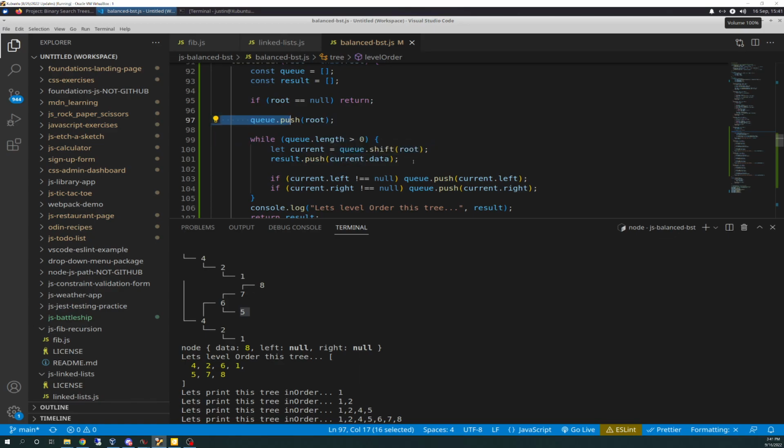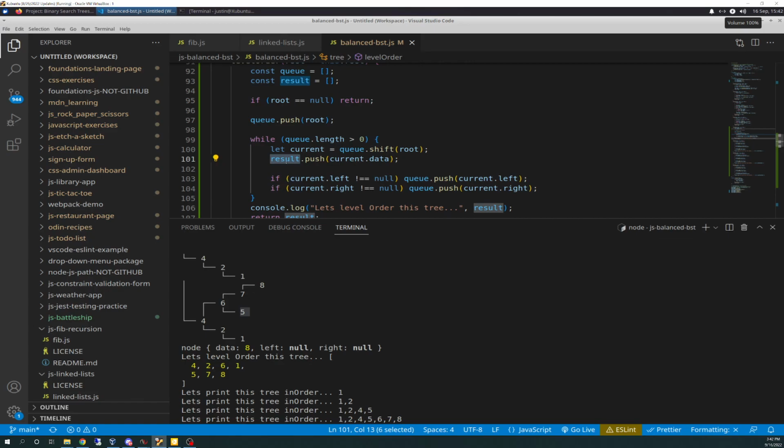And then we're going to push current.data. So we're going to look at the current here, and whatever data value is inside of that, in our example numbers, we're going to push that to the result array, where it will reside permanently,